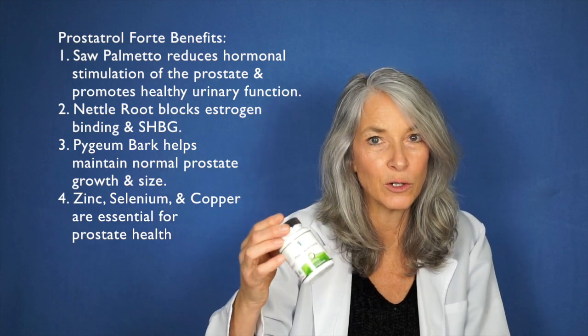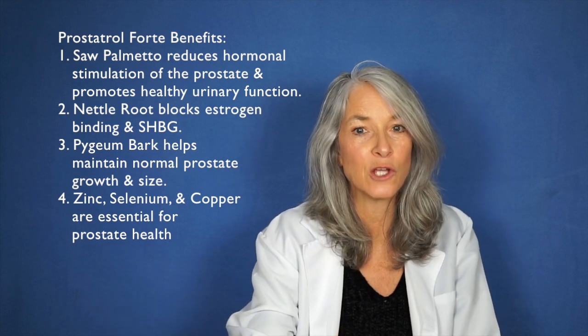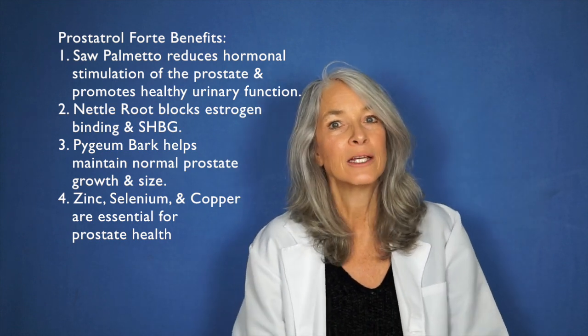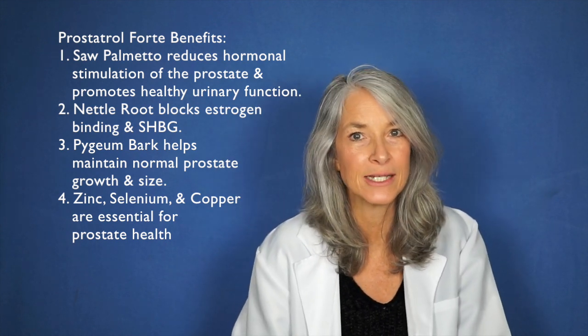Also, you can use therapeutics like you'll find in Ortho Molecular's Prostatrol Forte. Zinc is really important for the prostate. Selenium, copper, saw palmetto, nettle root, and pygeum bark all give therapeutic benefit to the body to help the prostate